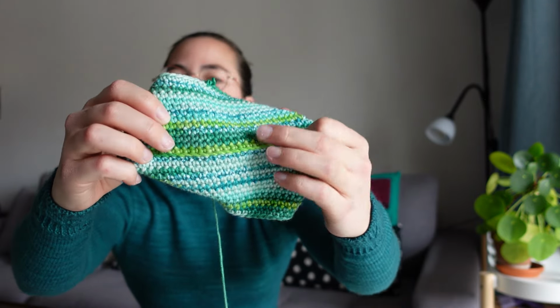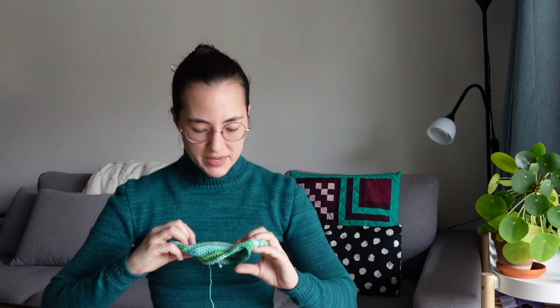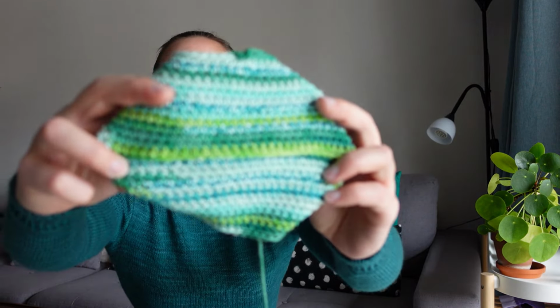It's probably linked to the fact that there is a big light green line in the middle of the right side, which I'm not really a fan of. That's not there on the wrong side, so it's probably part of that. But yeah. I mean, it's also there. Whatever. So yeah, that's my other work in progress, and I think this will be done pretty fast